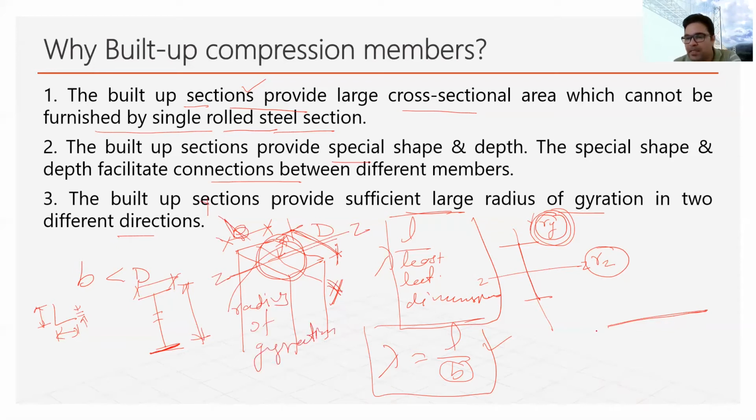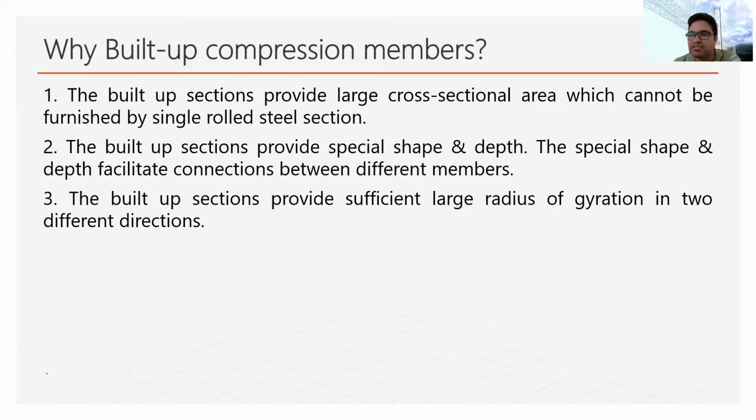So similarly, if this is the axis, say x-axis, so about this, if we imagine that an area about this axis will rotate like this, then about this axis, the imaginary radius which will form will be called radius of gyration. So this is how radius of gyration is being measured.